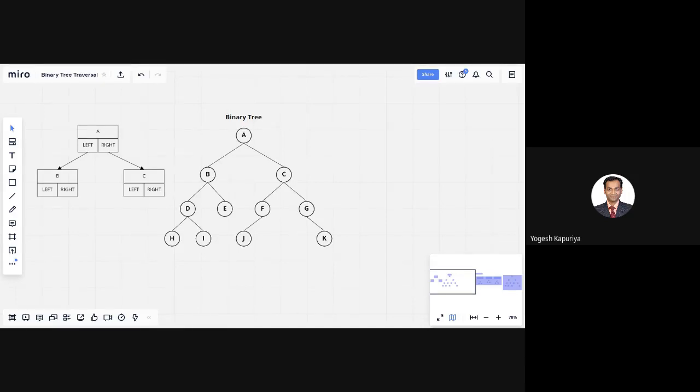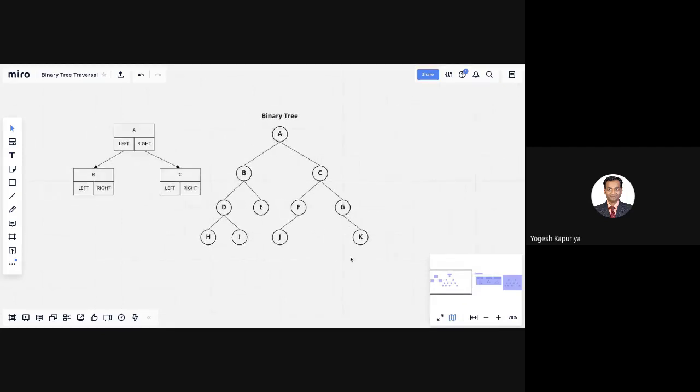Okay, thank you. So we have been discussing a non-linear data structure, and specifically we have started with discussion on tree, and we have discussed one version of tree that is called a binary tree.